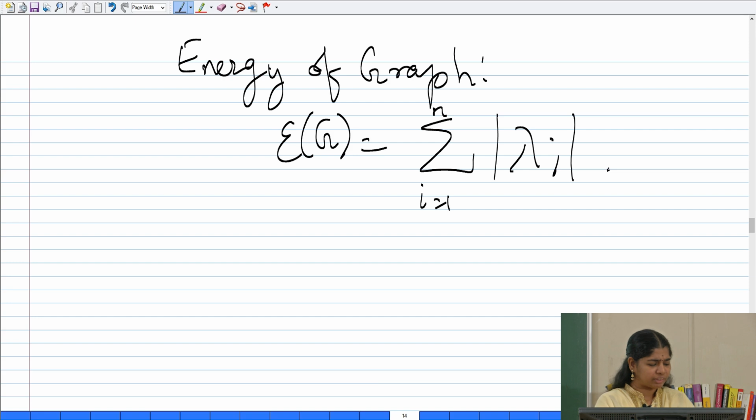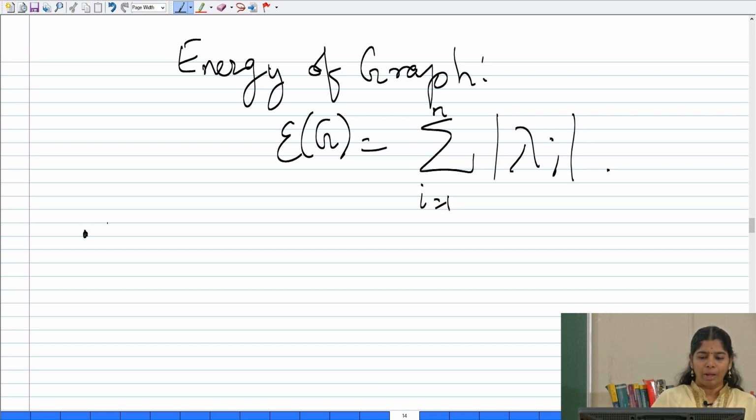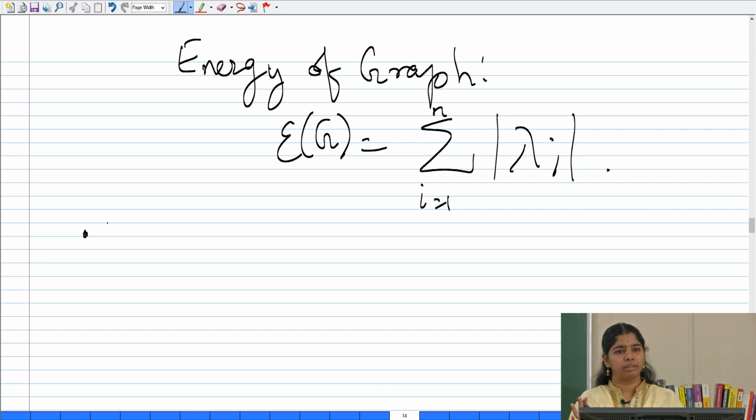And there are lots of studies related to this energy. Okay, we will try to cover one or two interesting facts here. So, one thing is, if the energy of a graph is a rational number. So, we know obviously these lambda is a real number, right. So, obviously the sum should be a real number, right, because we are taking positive values, positive sum is going to be a real number. But if it happens that you have the sum to be a rational number, then